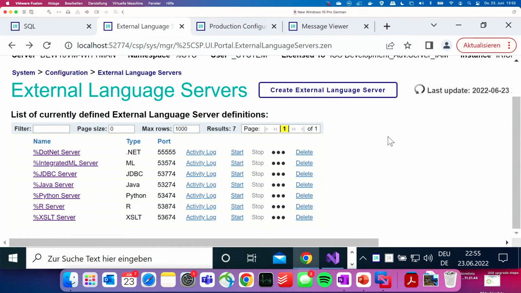The only thing I did is I changed the default port for the .NET server, so it's easier to see that I'm using this one. All are stopped right now. So I can start them here, I can stop them. If they're started, you can see the status on those traffic lights here, okay?